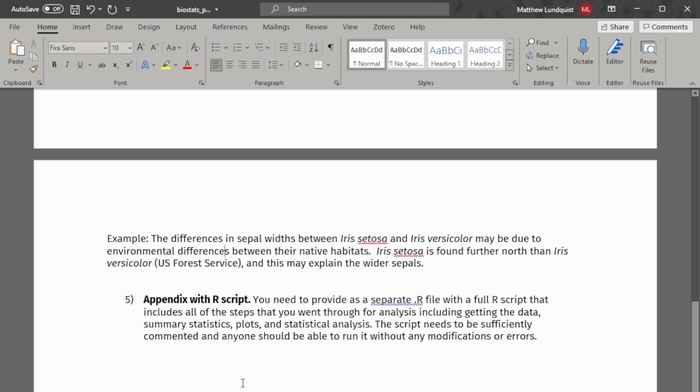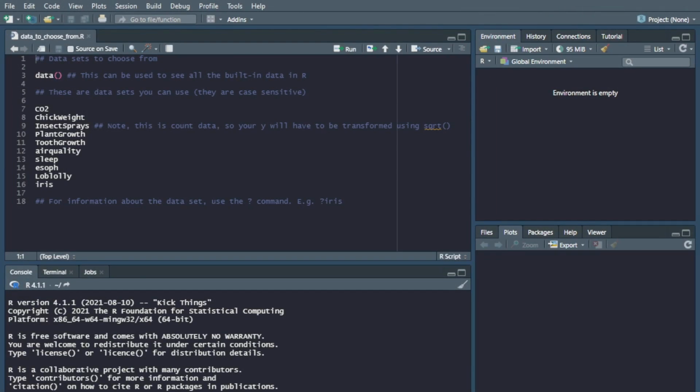And then you'll provide an appendix with an R script. You need to provide a separate R file with a full R script that includes all the steps you went through to analyze, including getting the data, summary statistics, plots, and statistical analysis. So the script needs to be sufficiently commented, and anyone should be able to run it without any modifications or errors. I have provided you with a number of built-in data sets that you can use